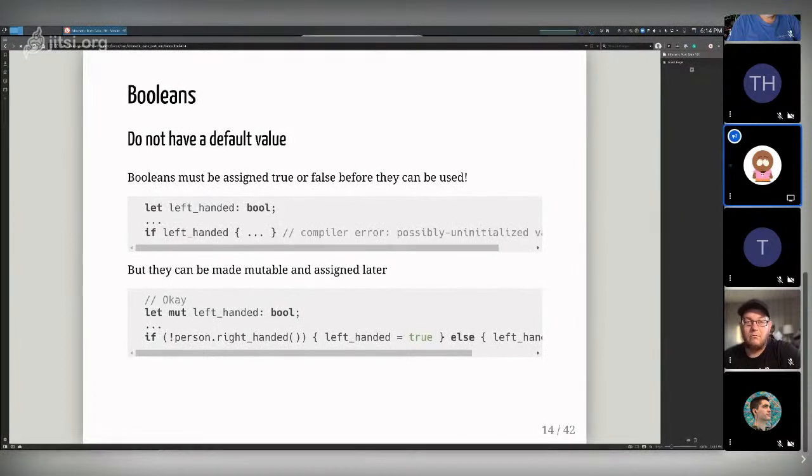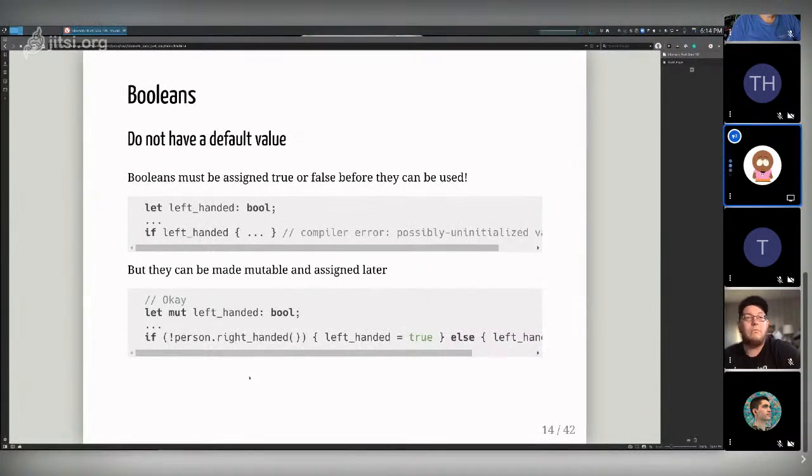It doesn't initialize to false like it would in other languages, so it's not ambiguous. The compiler actually enforces that you give it a value before you can use it.